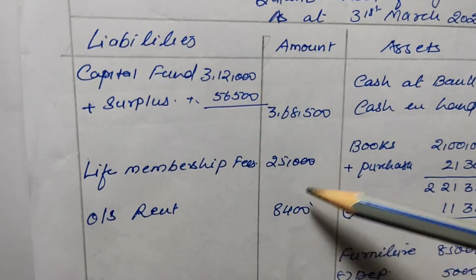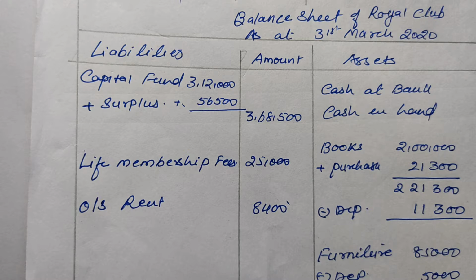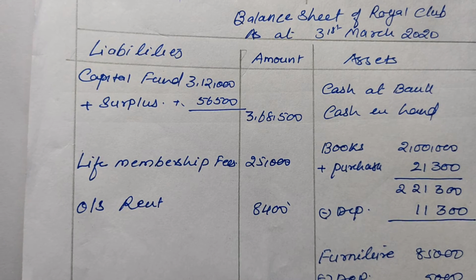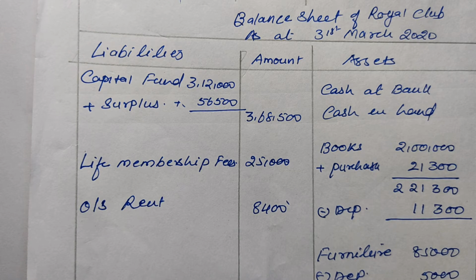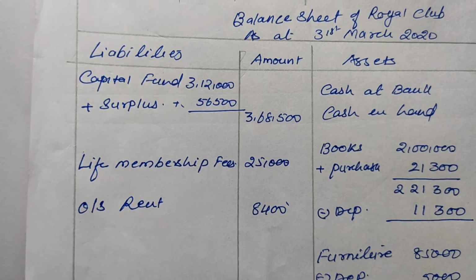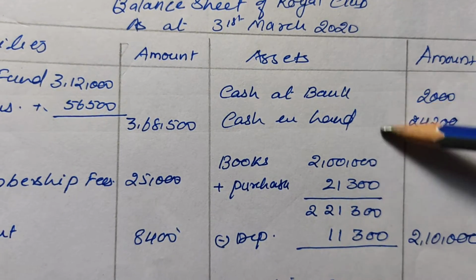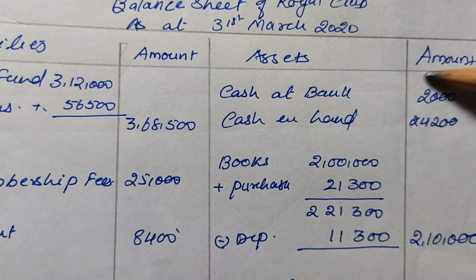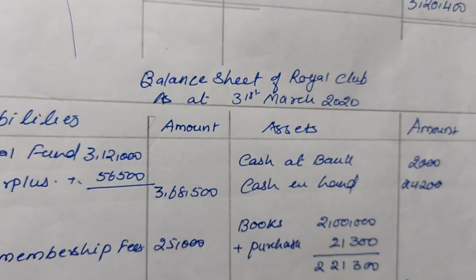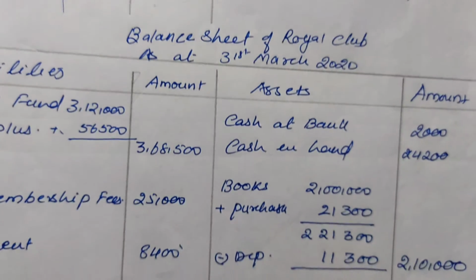What is our format? Capital fund plus all other funds: specific funds, donations for a specific purpose, donation for building, donation for sports material. These are all recorded. Then now let's come to the asset side. On the asset side, we have to record cash. Which cash? The closing balance of cash from the receipt and payment side. Opening is recorded in the opening balance sheet, closing will be recorded in the closing balance sheet.